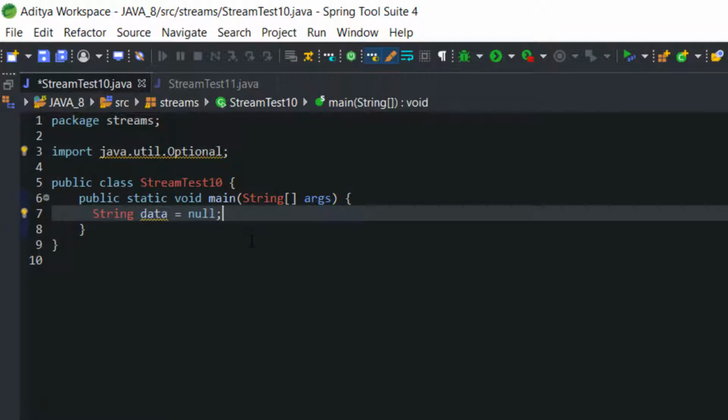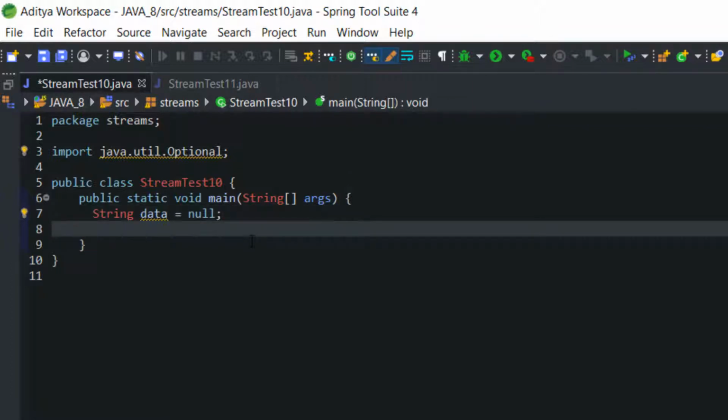So what I have done here, I have taken a variable named data and inside I am saving null. Now I will call the ofNullable method. The ofNullable method will return an empty instance of Optional whenever it gets a null value. Let's see how the ofNullable method works.